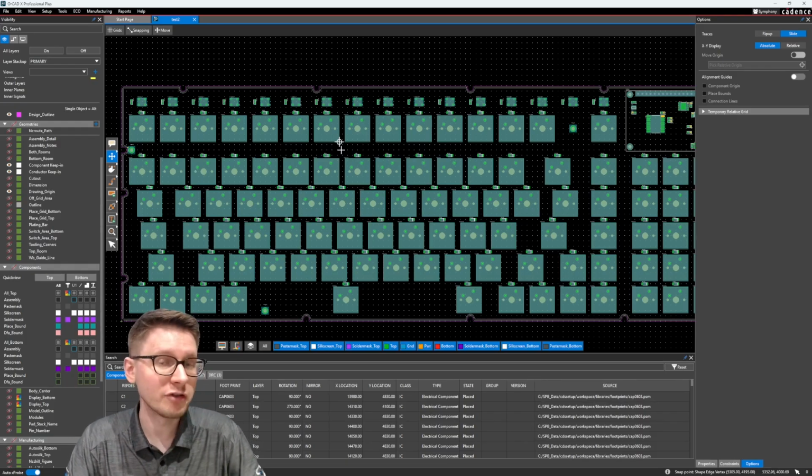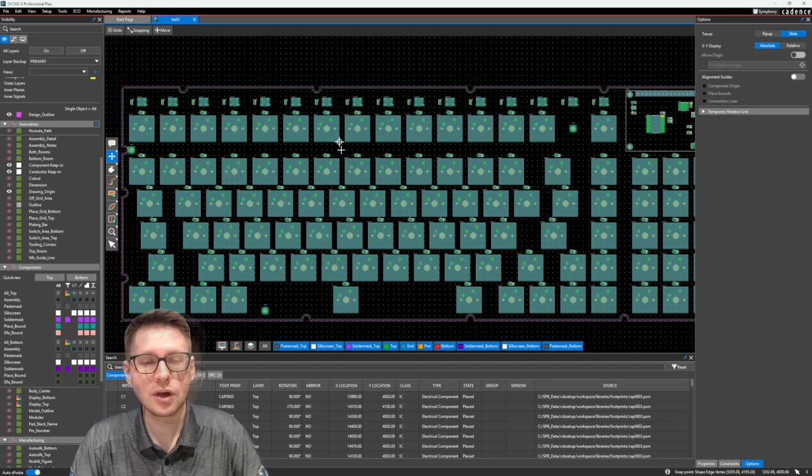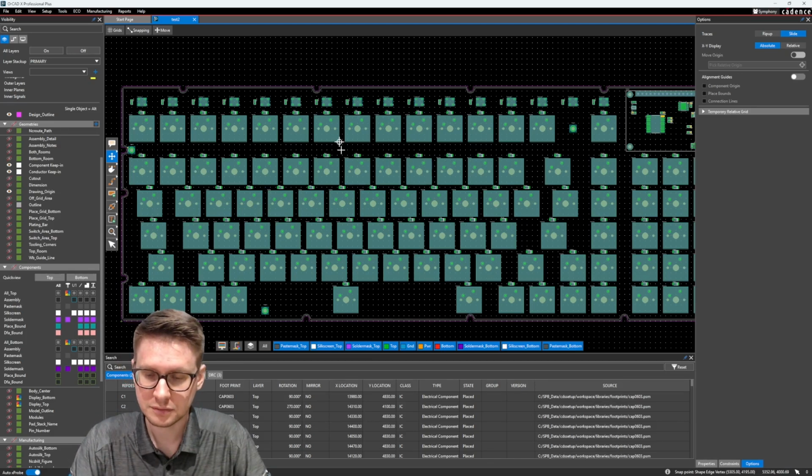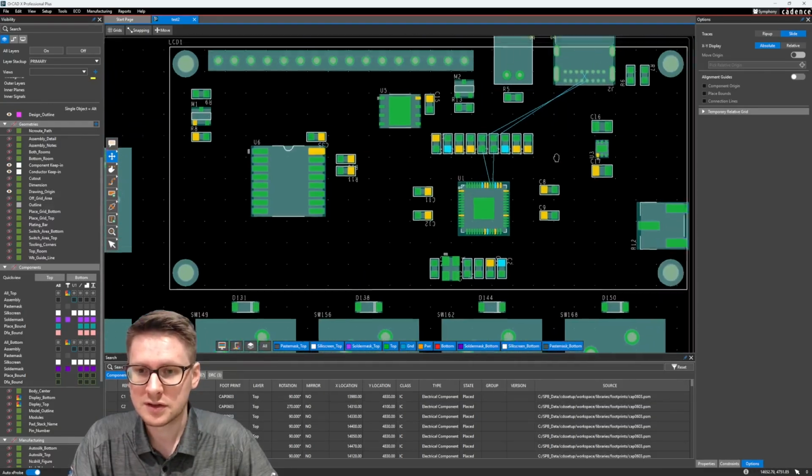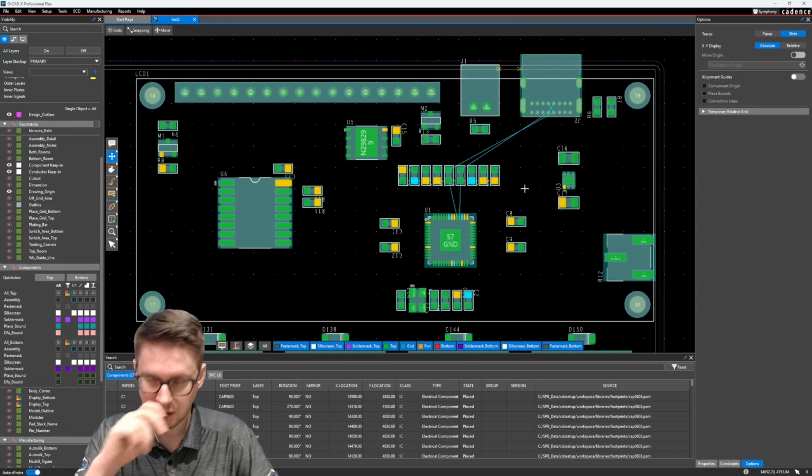Maybe when you're doing your fan out, you realize that your trace width or your vias are too large and you have no way of completing the fan out for your board without maybe using a smaller trace width. And that's okay. So what we're going to do in this video is set up the constraints for mostly this